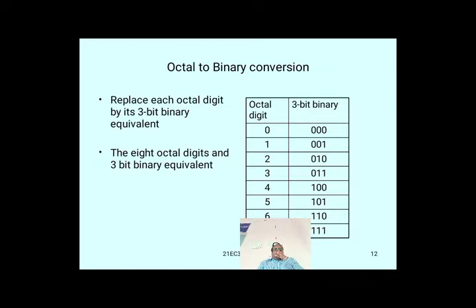For getting the value of 0, we make all the 3 code places equal to 0: 4 equal to 0, 2 equal to 0, 1 equal to 0. We get the value of 0. For the value of 1, we make the 4 value equal to 0, the 2 value equal to 0, and the 1 value as 1. So the value of 1 is 0 0 1. For 2, you place 1 in the 2 place and the other values are 0, so 0 1 0. For 3, you add 2 values, 2 plus 1 equals 3. So 4 equals 0, 2 is 1, 1 is 1.